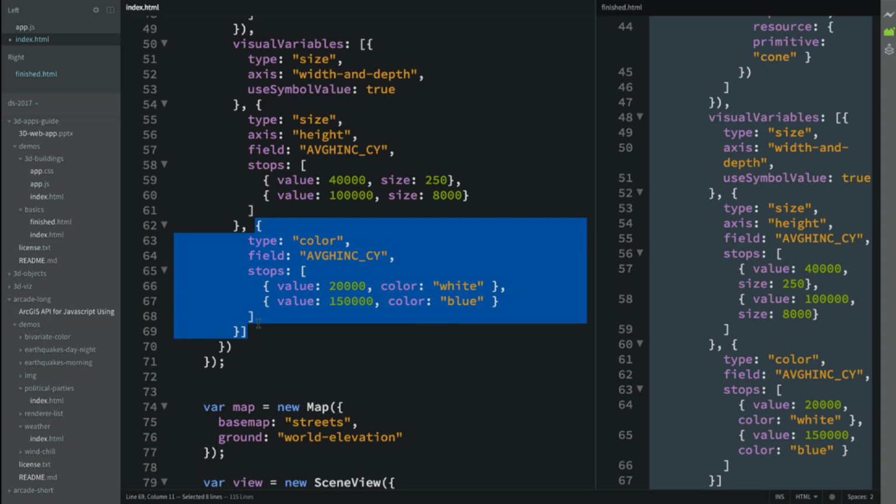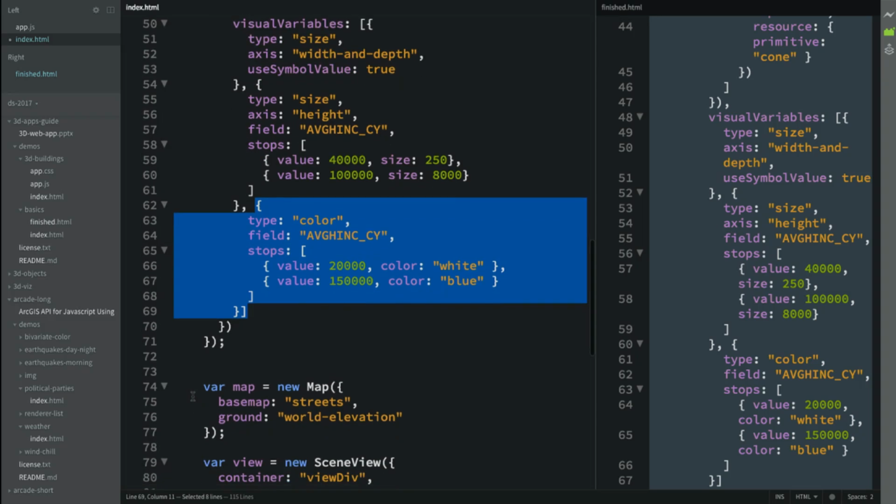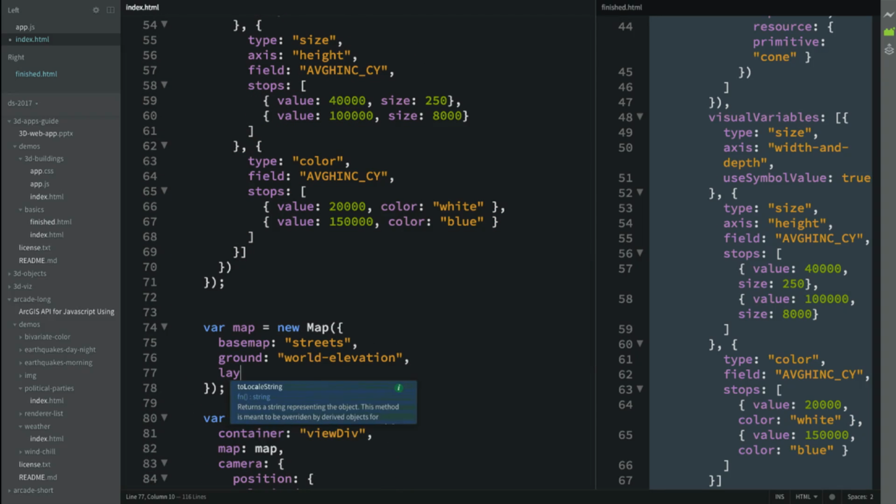I'm going to also set a color visual variable to make the visualization easier to interpret. Because of the 3D perspective that you see, if I have a tilted view of the Earth, some cones that are the same height are going to appear smaller in the distance than those that are close to you. That's just kind of natural perception, right? My hand in front of me here is the same size as this hand, but to me it looks a lot bigger. So that's why I'm going to set the color, because of those cones that are further away but maybe taller than ones in front of me. I want to know if they're actually higher. And then I'm just going to add that layer to my map